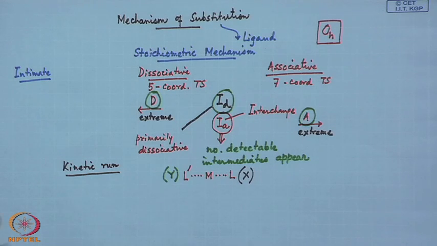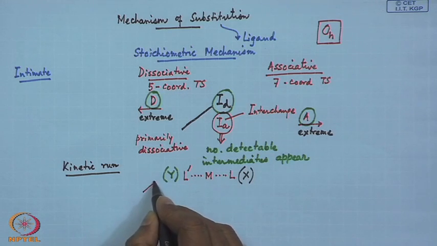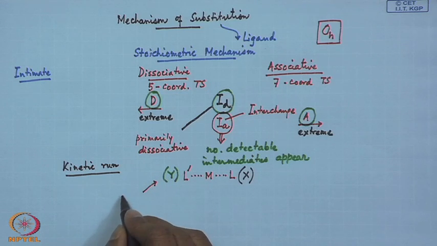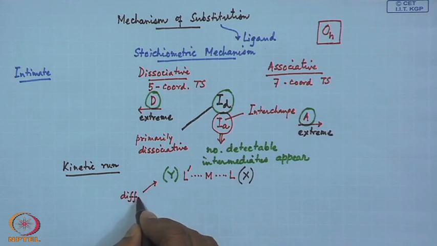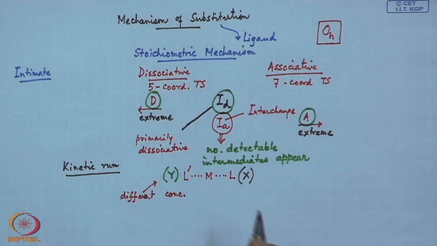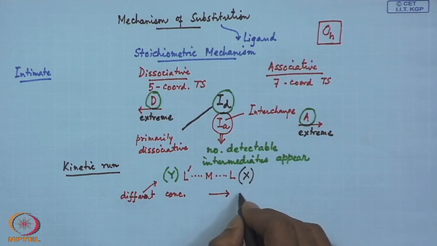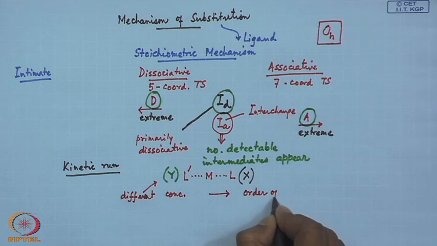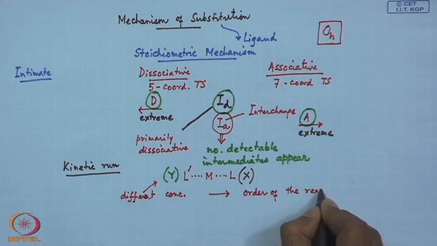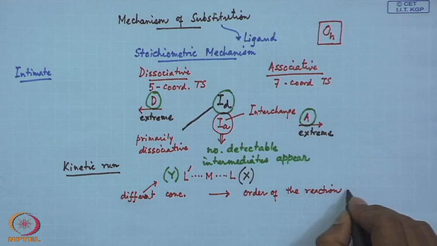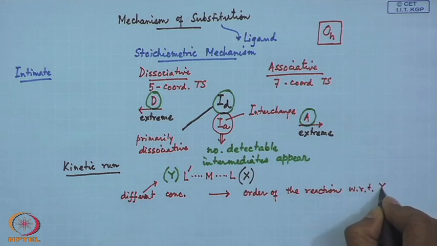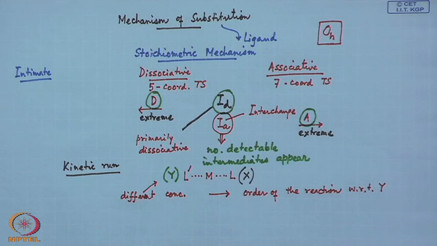Initially, when we consider the rate of the reaction, how it is affected when we use different concentrations of Y, what do we get? We get the corresponding order of the reaction with respect to Y. So, if we are able to find the corresponding order of the reaction from the kinetic data,